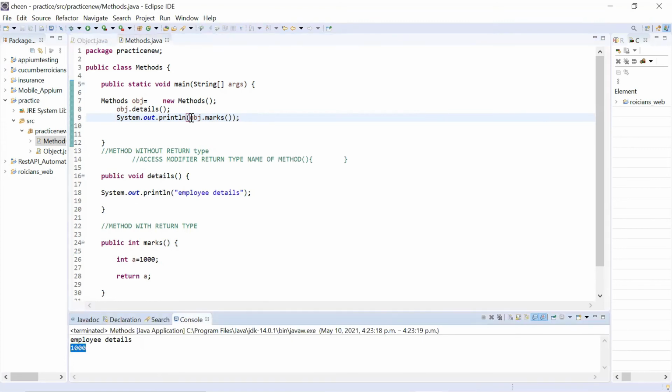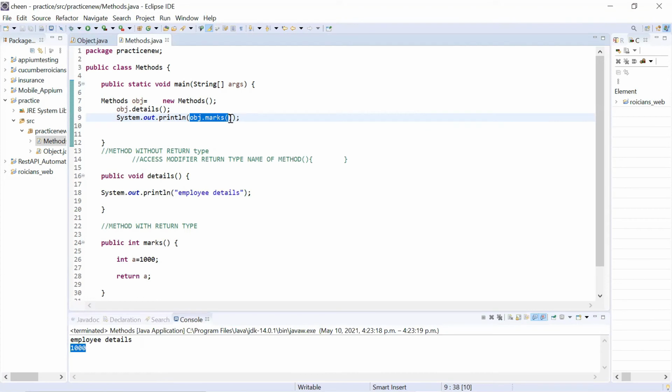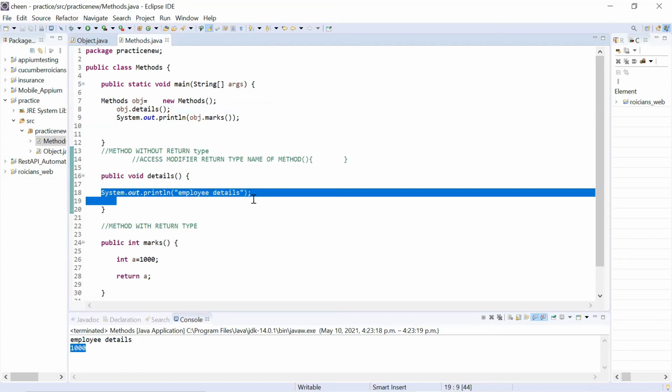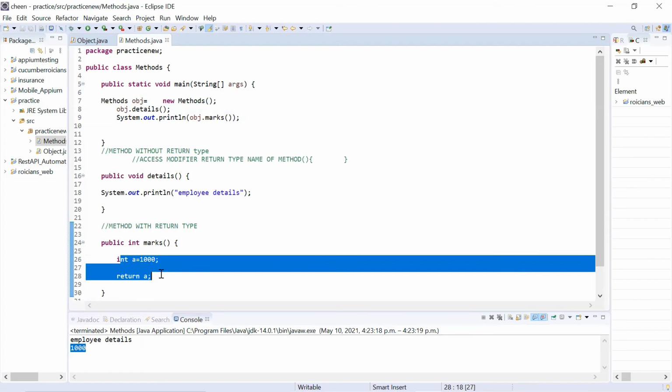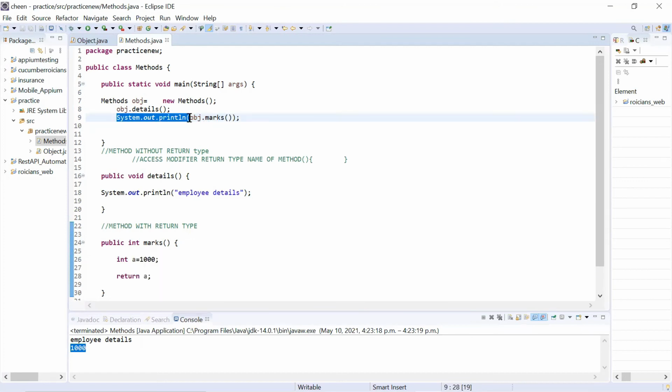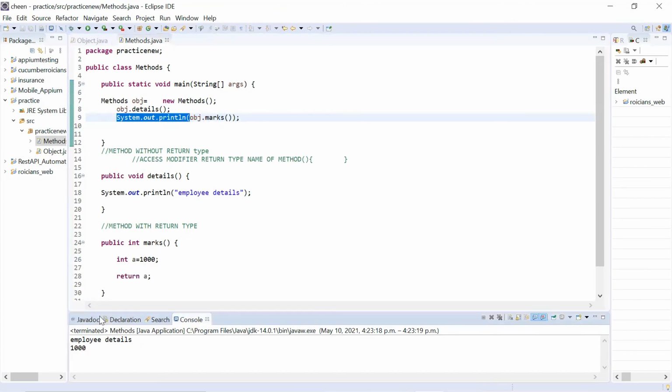It displayed the return value of this particular method. Because you want to display it, you need to write system.out.println. We did not write system.out.println for this because it was part of this method. But here it is not inside this method. That's why we have to write it if you want to see the result.